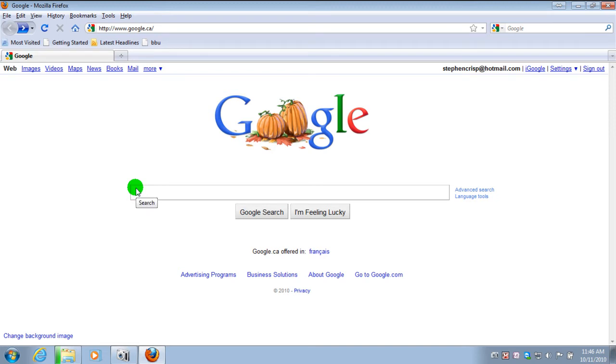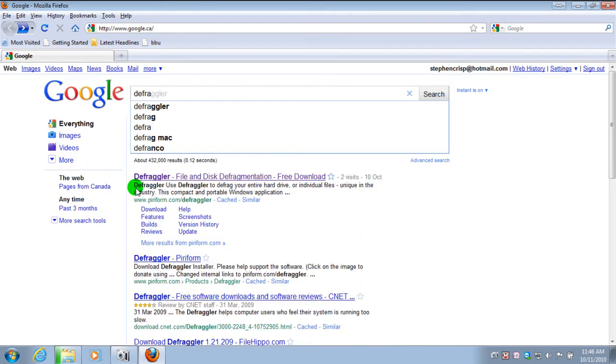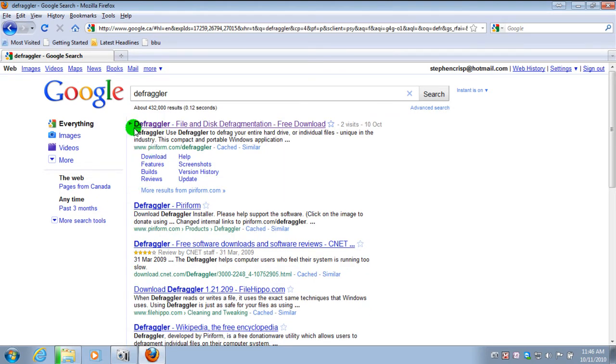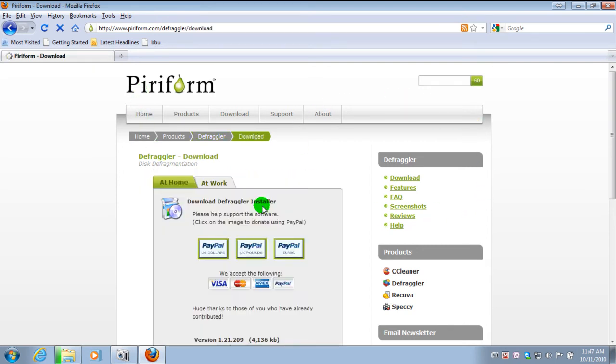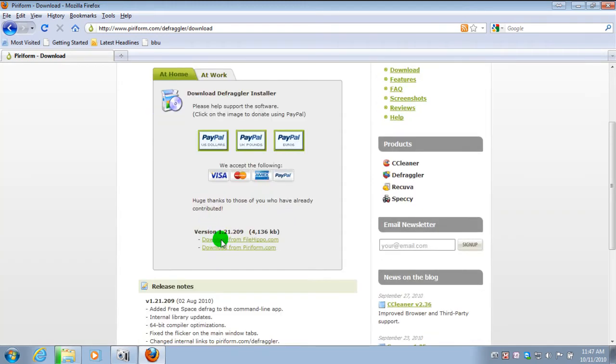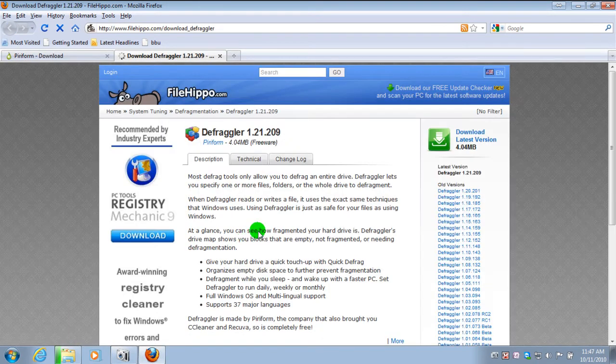and for the next piece of software we're going to get Defraggler. And again we'll click on the first link that pops up here and click on that. Brings us to this page. This is the product page. Click on download, and then we scroll down a little bit, and here there's two places that you can get it from. I usually go with File Hippo, and once that opens up over here on the right hand side there's a link. It says download the latest version, so you click on that